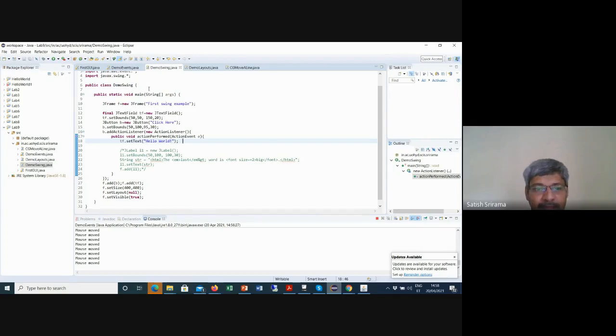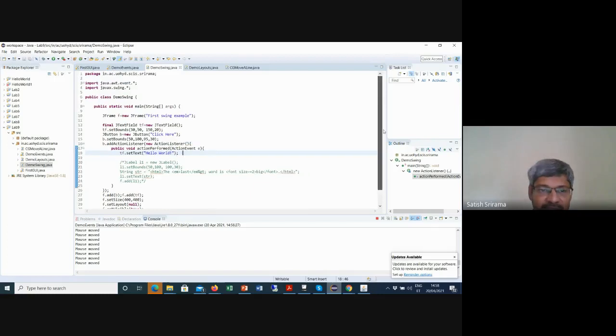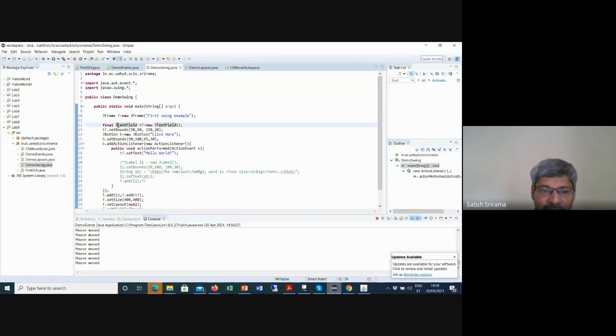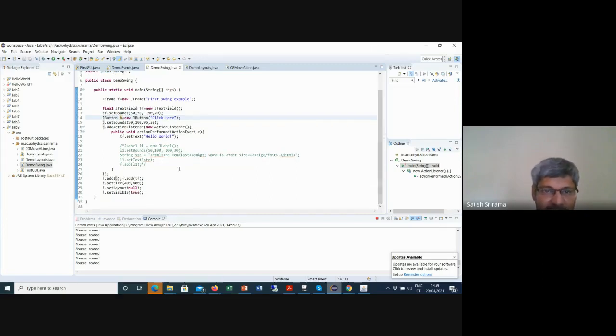So in terms of going from AWT to Swing, I have not changed much. Still the same frame, I use JFrame. I used to have the text field, now I have the JTextField. I had the button, now I have JButton. That's all. Everything else is the same, because there is no other change. But now the interesting thing is,